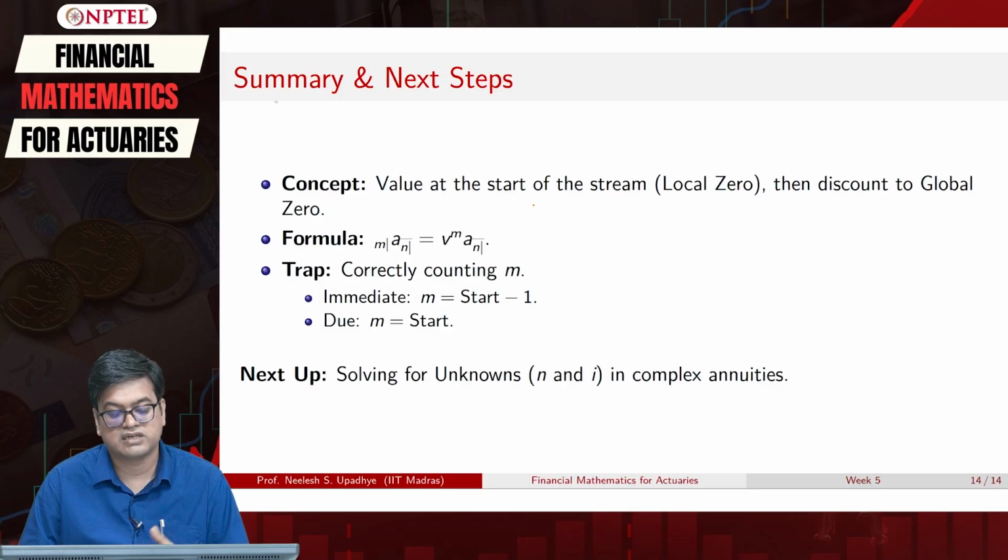Okay. So, next coming up, we have done a lot in annuities and perpetuities. Now, we will solve the problems where we need to deal with time period and interest rate if they are unknown. How to handle those situations? We have done that in our one-time payment system where we were calculating interest rate and how long it will take to double. But now, with this complex annuity mechanism, how will you solve for these unknowns? What are the tricks and tips for solving those unknowns is what is coming up in the next lecture.